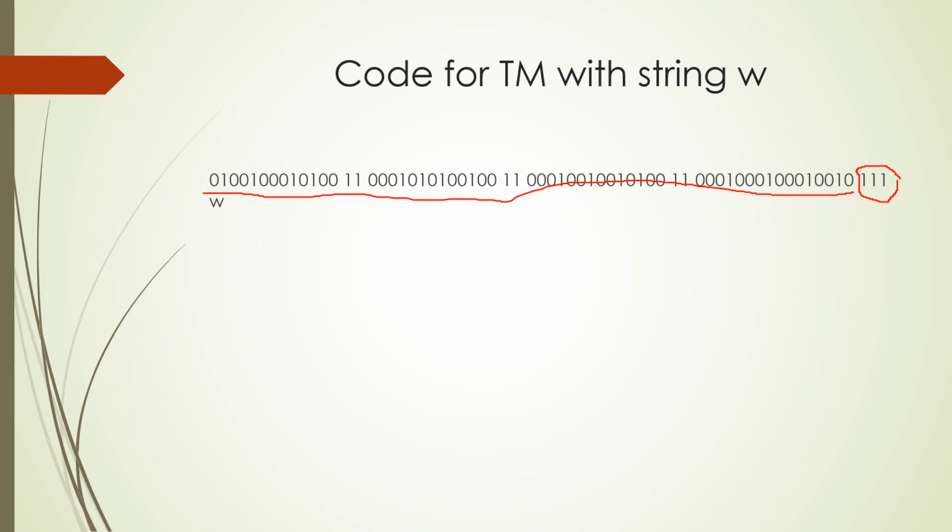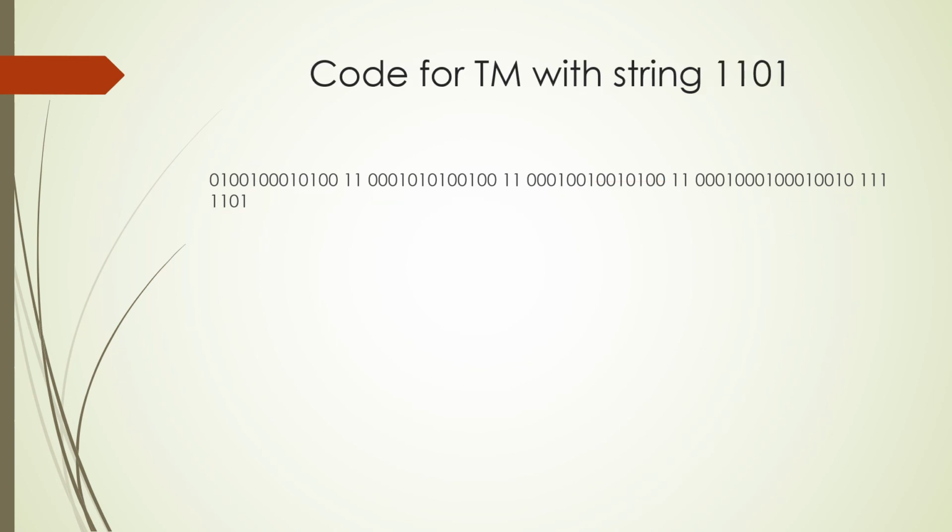To separate a given string and a Turing machine, we use triple one as the separator. So if the input string is 1101, we write the binary coding for the Turing machine, followed by the separator triple one, then the given input string 1101. Thus we are able to encode any given